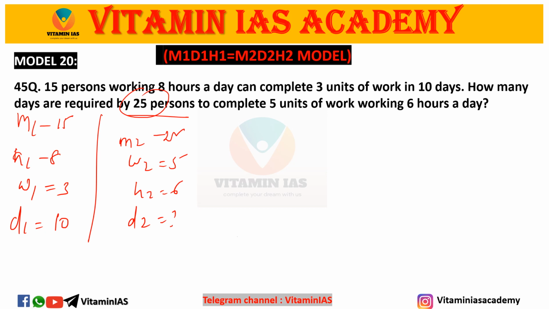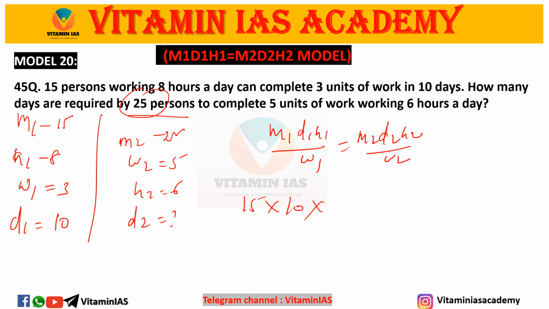So you know the formula here, M1 D1 H1 by W1 is equal to M2 D2 H2 by W2. Just substitute the values. If you are solving it, M1 is 15 into D1 which is 10 into H1 which is 8 by work 1 which is 3, is equal to